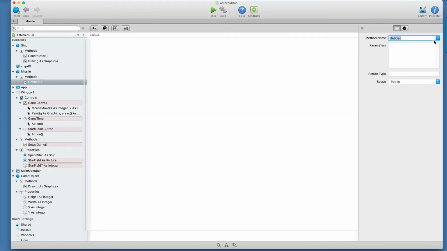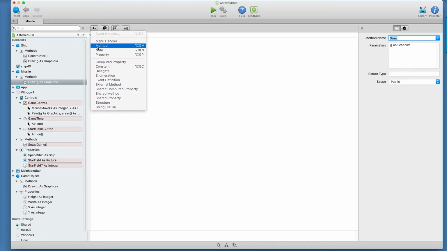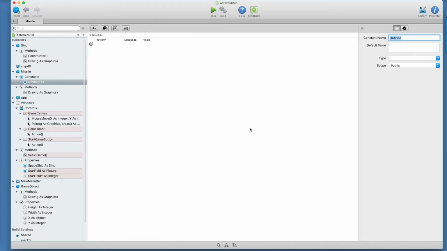Here we can add the draw method, again, just like we did with the ship, and this is where we're going to draw the missile. In this case, the missile is just going to be a small white square, so it doesn't really need anything too fancy, but we are going to add a constant to state the size of the square. So here is a constant, and we're just going to say this is going to be a 5 by 5